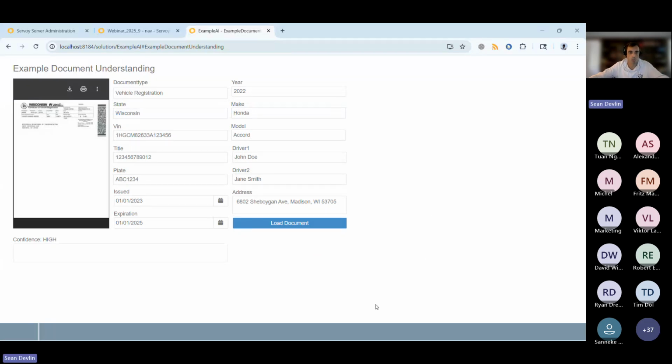So on a typical vehicle registration, you can imagine that you don't have to do this through a user interface either. This could be, you have a database of documents or an S3 bucket of documents, and you want to have some automated process going over them and digitizing them. Essentially, you could do that, right? Because we're just giving programmatic access. So let's take a look at